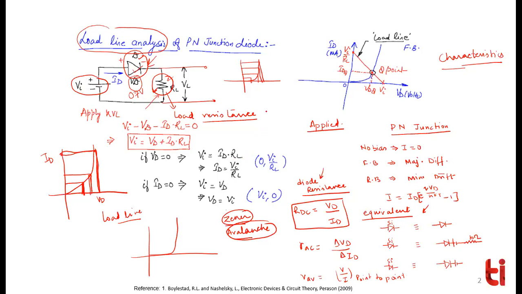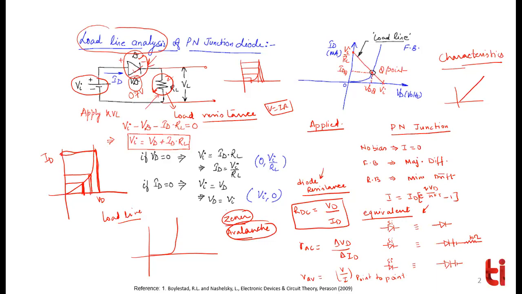A resistance also has its own characteristic. You know how a resistance works, V equal to IR. Its characteristic is plotted on the VI plot in this way. Similarly, the diode has a characteristic. So what we have to do is merge both characteristics, and at whatever point they intersect, that is their satisfactory point, meaning at that point the diode is working.